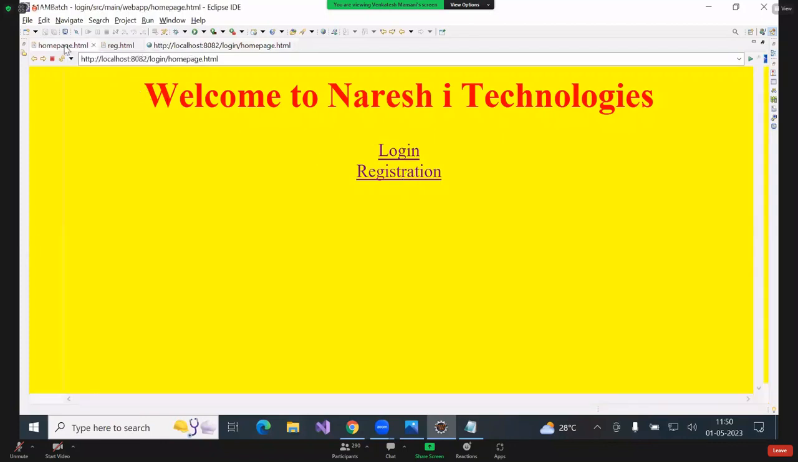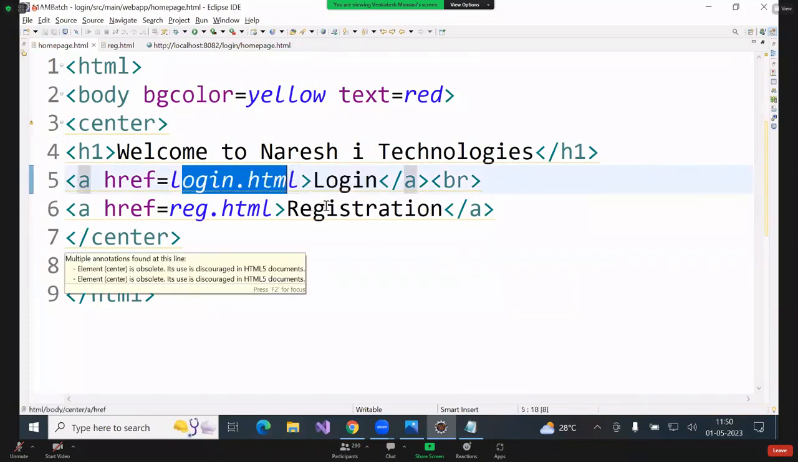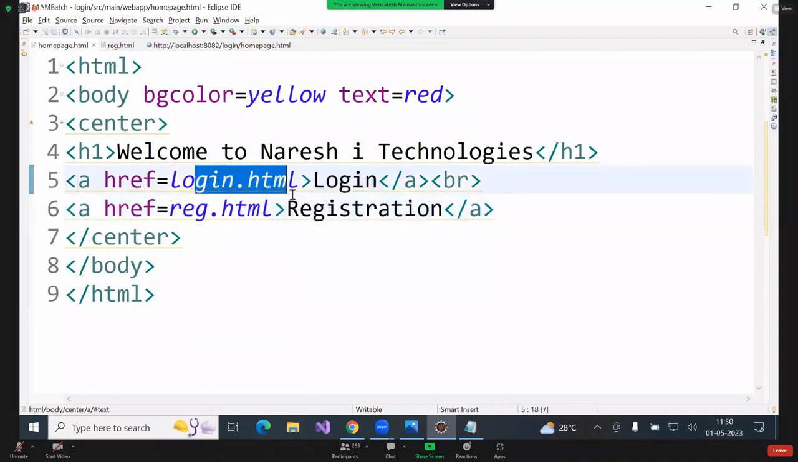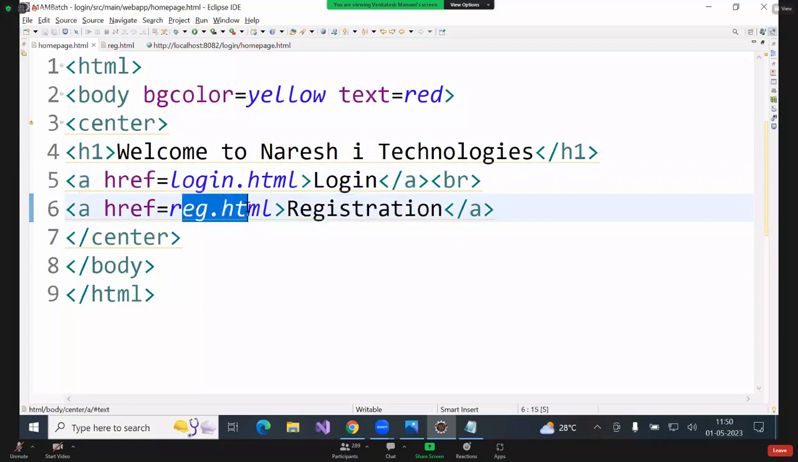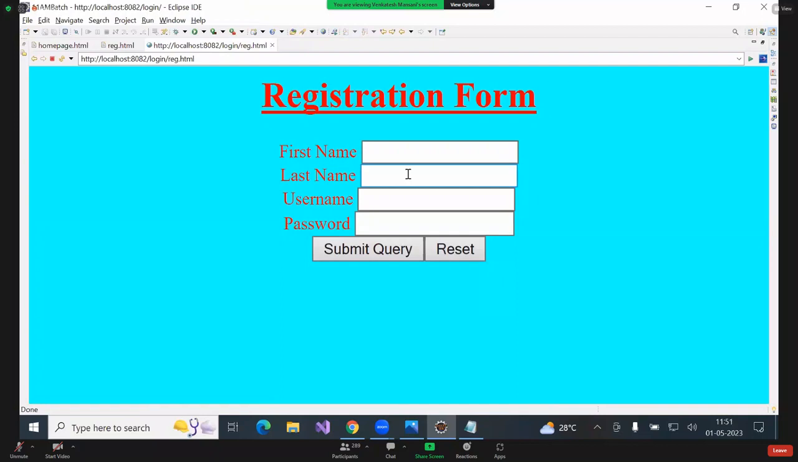That information I written here. Login, if we click login.html, hyperlink reference. Registration, if I click reg.html. Okay. Login, if I click login.html. Registration, if I click reg.html. That's what it is going to execute. Registration here. But after typing here first name, last name, username, password, when you click on submit button,